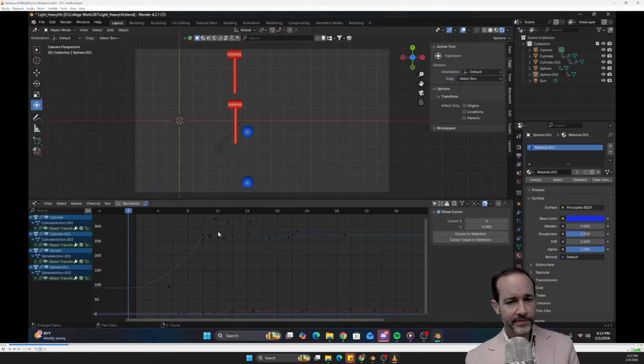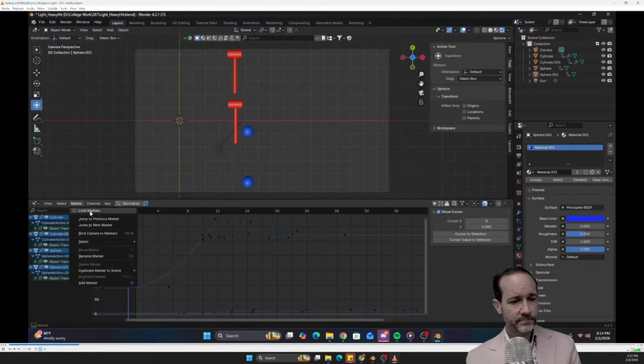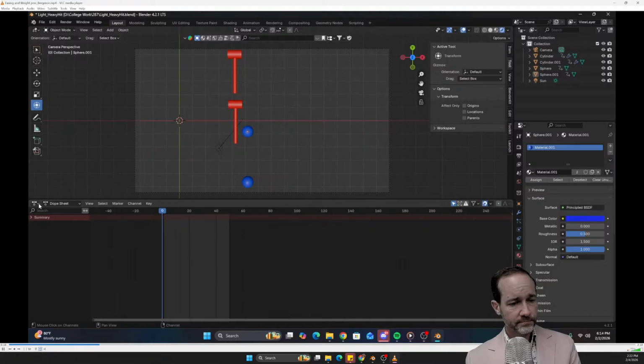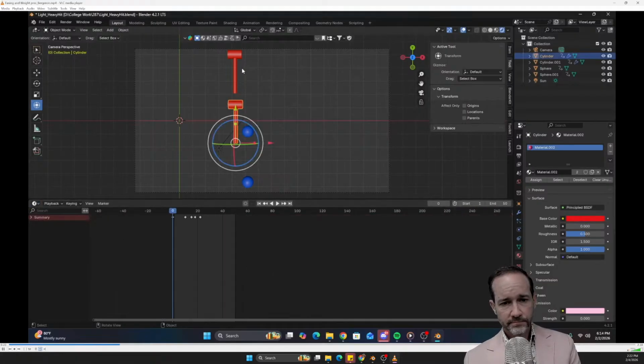I've got my graph sheets open, and the timeline.